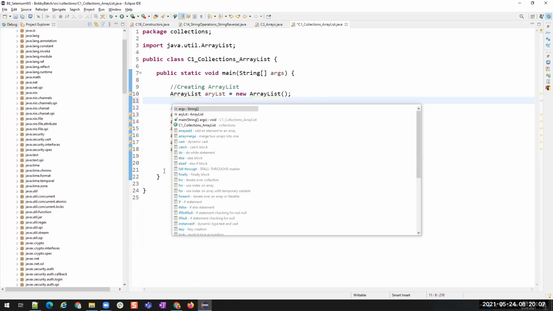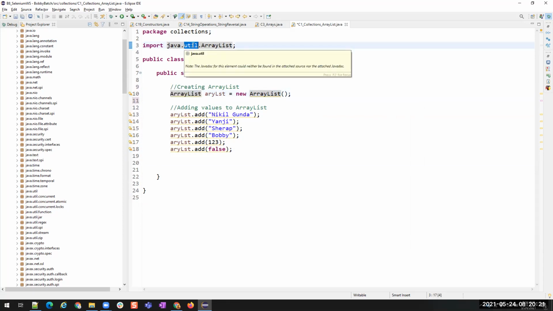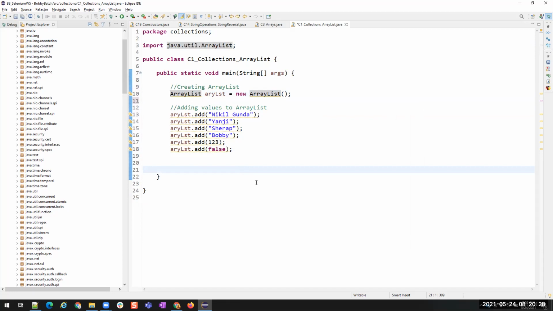It is a class like the Scanner class, right? Yes, exactly. Same as Scanner, it is a class. Scanner is from the java.util package, and this ArrayList is from the java.util package. Under utilities, we have the collections framework. Okay, that is the only difference. That's all. That is from another package. This is from another package.